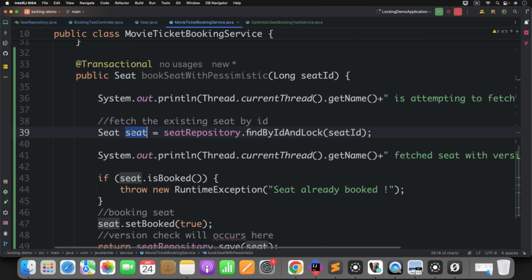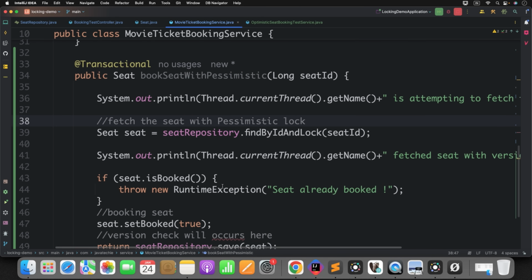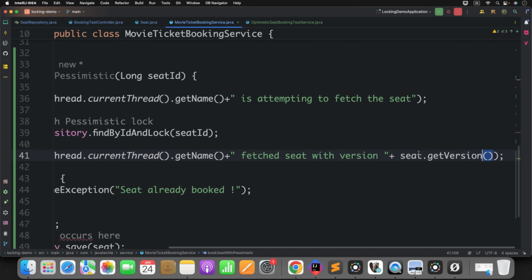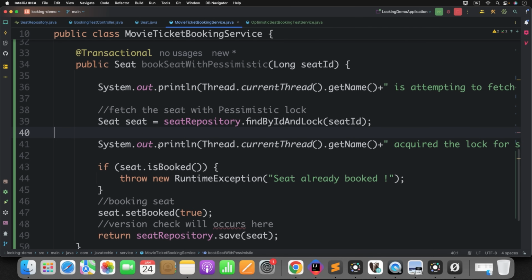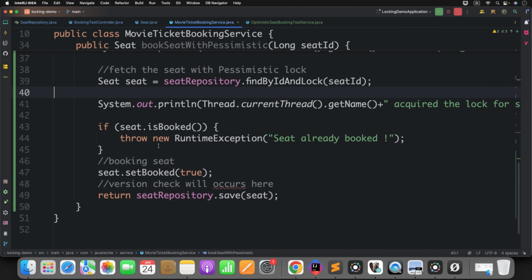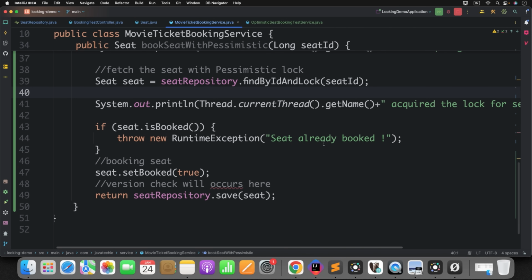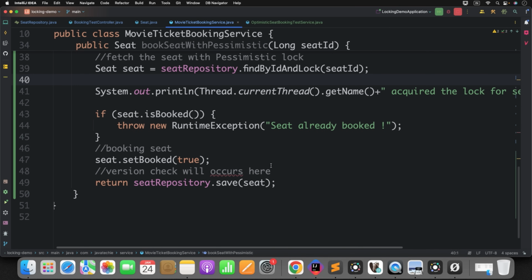Now here once you get the seat object, what you want to do, better let me do here, fetch the seat with, then here I will just change the statement. Once you get the seat you have the complete lock on that, because you read and apply the lock, okay. So you can define acquire the lock for what seat id, just define it. Now you can modify here, so you can also add here, right, seat already booked, let it be. You can add something here,